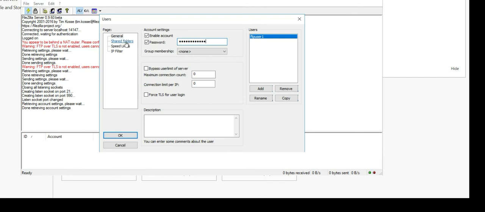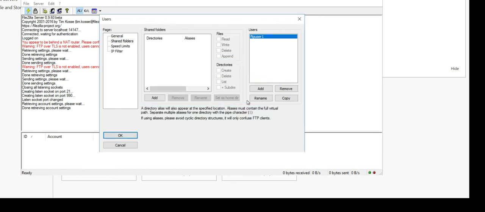And then click OK. Comes up with an error because you've got to give it a shared file. So this is where we can create FTP directories and assign permissions to those users, to those directories. You can either do it by groups and then put users into those groups and assign permissions to the group. So just for this test we're going to do it just for this user.